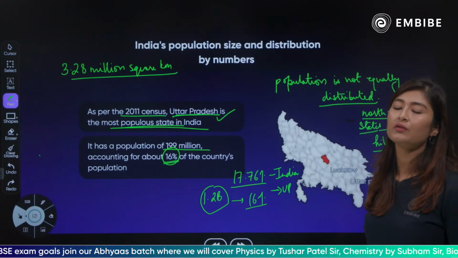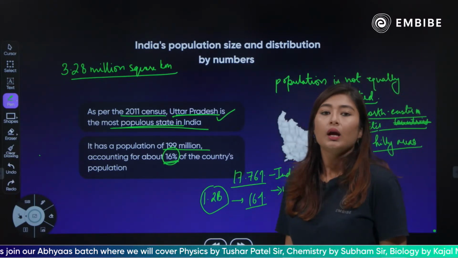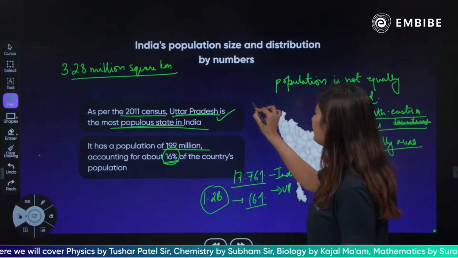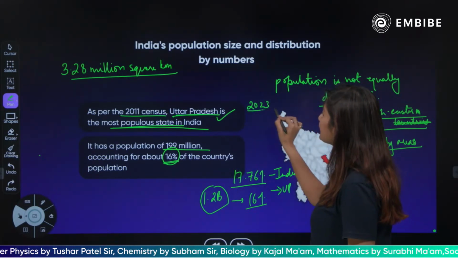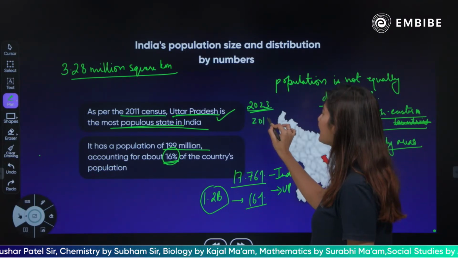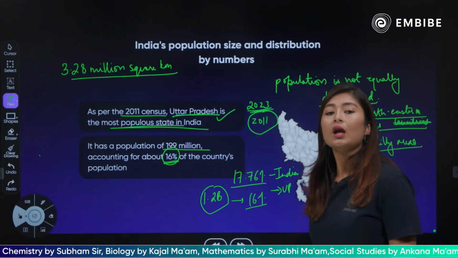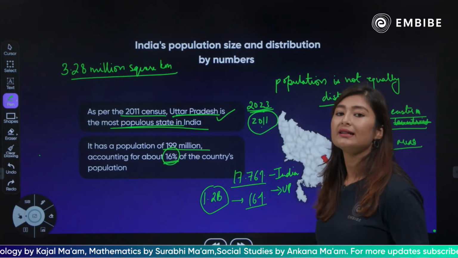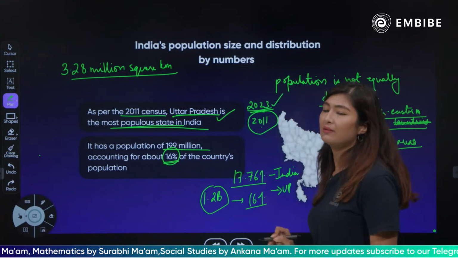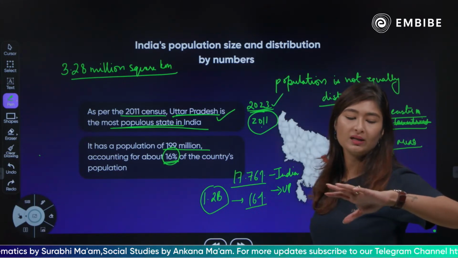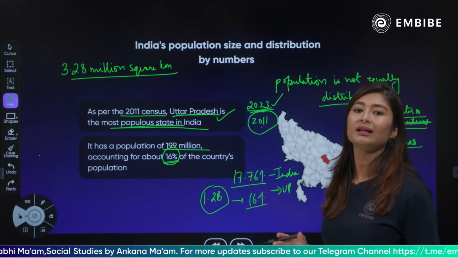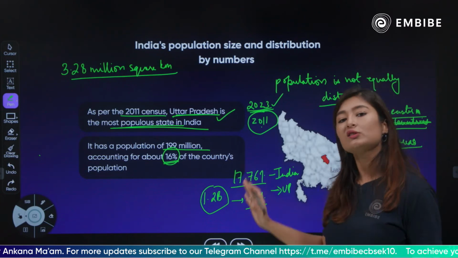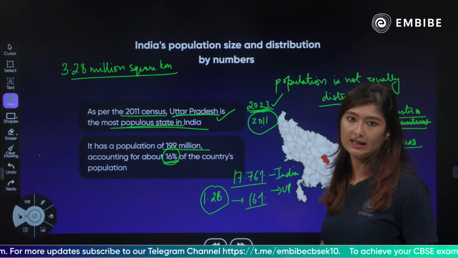हाँ जी, you will write in regards of 2011 only. If you want, mention the dates. Let's say if you know the date of 2023, then maybe write what has happened in 23, but also mention that as per 2011, this is what it is. Because NCERT's latest version talks about 2011. It is the news and other places that have given us the information about 2023. So I would very strongly recommend that whenever you're writing a number, write as per the data of this year. Also mention 2011 along with it. ठीक है, सही तन में?